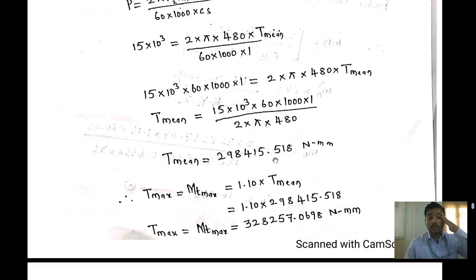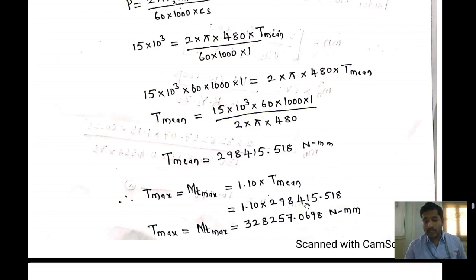298,415.58 Newton mm. After getting the mean torque value, you have to find the T maximum value. Here the T maximum should be 110%. If you divide 110 by 100, you will get 1.10 into T minimum. What is the formula? T max equals 1.10 into T minimum. The 1.10 stays as it is, and the T minimum value is that much only,